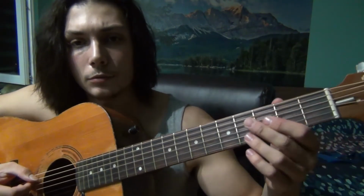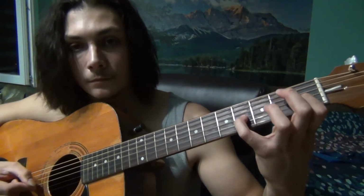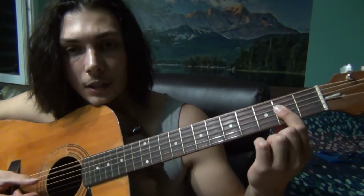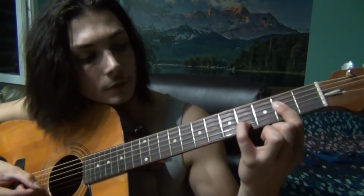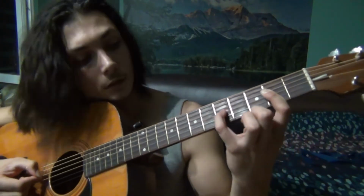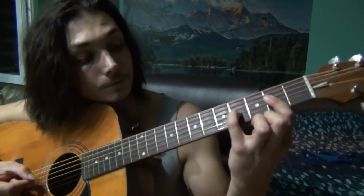Then you go again to the 1st fret of the G to the 4th fret, and you bar again with the open A and the B, following the D and the G on the 2nd fret, 4th fret of the B, open to the 2nd, to the 4th fret of the